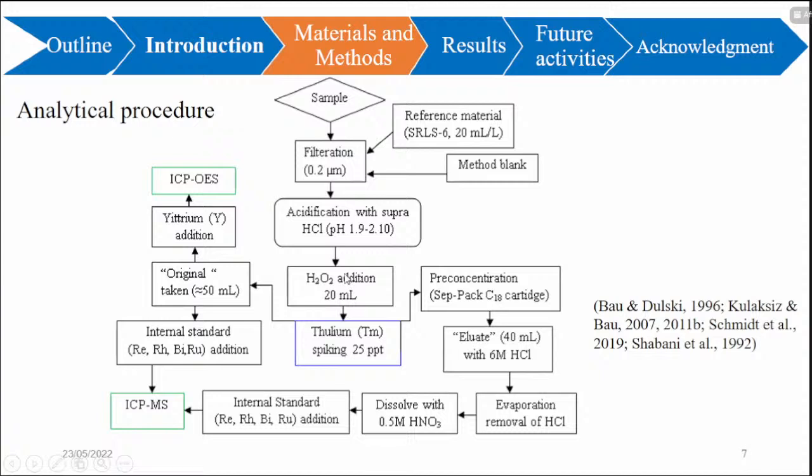Then hydrogen peroxide will be added to remove any organic parts. Then toluene will be added in order to evaluate the efficiency of the pre-concentration step, which is calculated by the toluene obtained through the process of pre-concentration divided by the toluene obtained after determining the toluene in the original samples. So after this one, we have original samples. This original is used either for the determination of major elements, and the other for the rare earth elements.